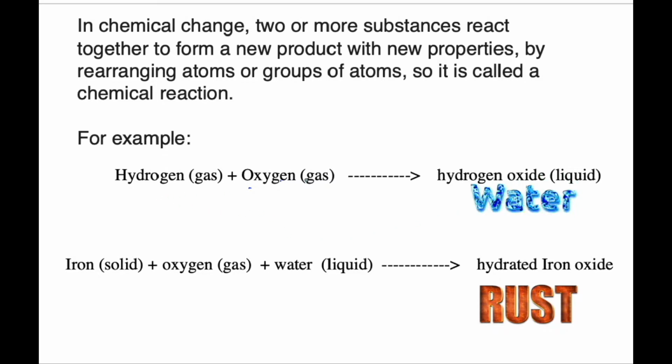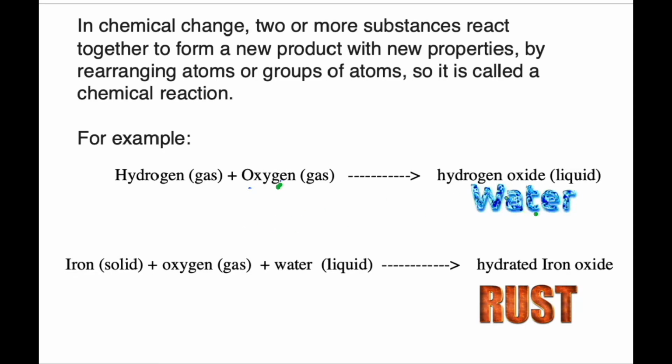So when we look at this reaction, two gaseous elements are combining together and forming a new substance with new properties, absolutely different from the reactants. This hydrogen oxide, which is commonly known as water, gets formed in this reaction. In this reaction, hydrogen is a gas which is highly explosive. Oxygen is the gas which does not burn itself but supports burning, and it forms hydrogen oxide, commonly known as water, and we know that water puts out the fire.